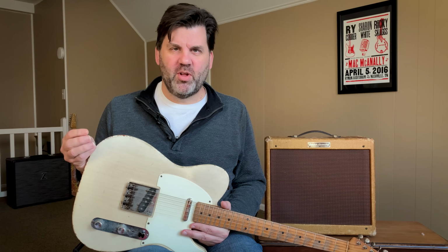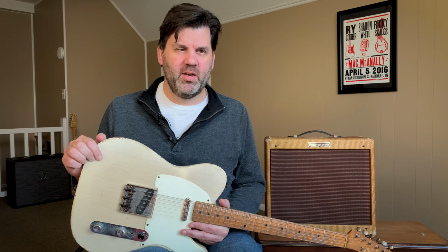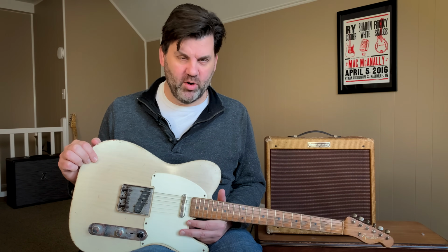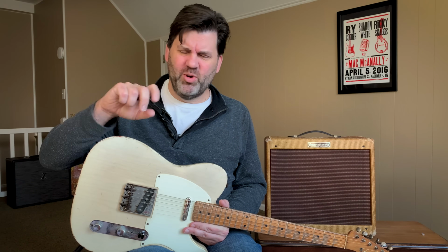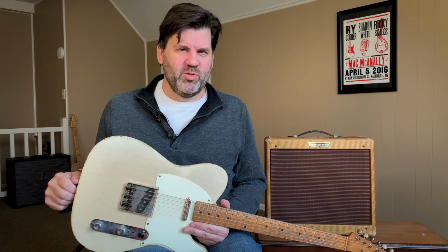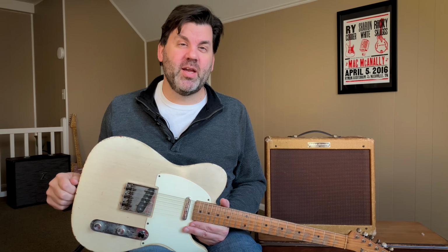We tried a bunch of solvents and wet sanding on it and just couldn't get all the paint off of it. And it was already, this era guard can be really thin, and it was just getting to where it was so flexible, and it was already warped and such. And so finally we just kind of gave up on it, and I kind of wanted to do a neck